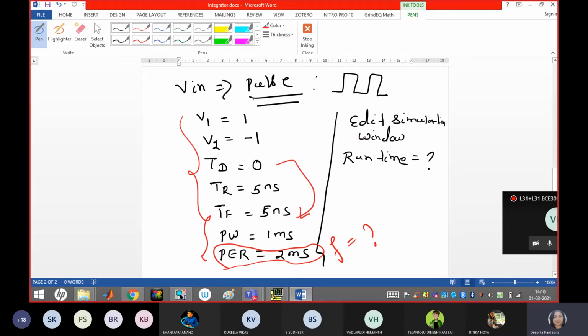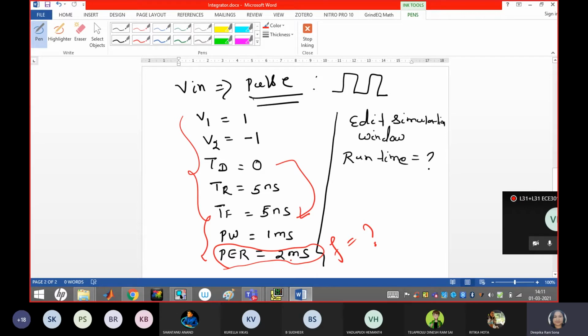So for pulse wave, in edit simulation parameter, what should be the run time for the frequency of 1 kilohertz or 2 kilohertz or 5 kilohertz you got? Again, we are coming to that point, no? How you are identifying the runtime if the frequency is known, right? So 1/2 millisecond will give rise to frequency. So here you know that the 2 millisecond is the answer for this, right? But suppose you are not getting your periods properly, you may again change this to 5 millisecond and 10 millisecond. Okay, this is for theoretical calculation.